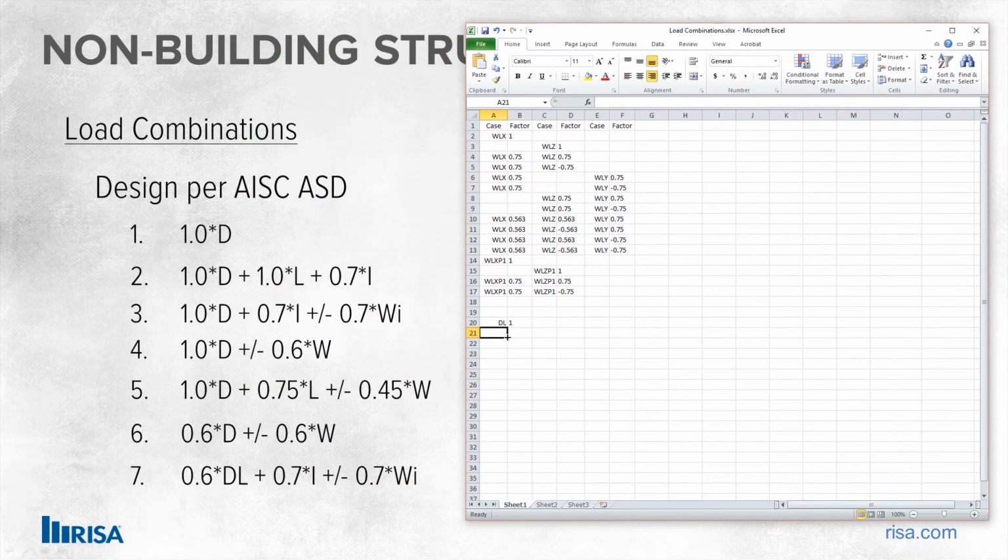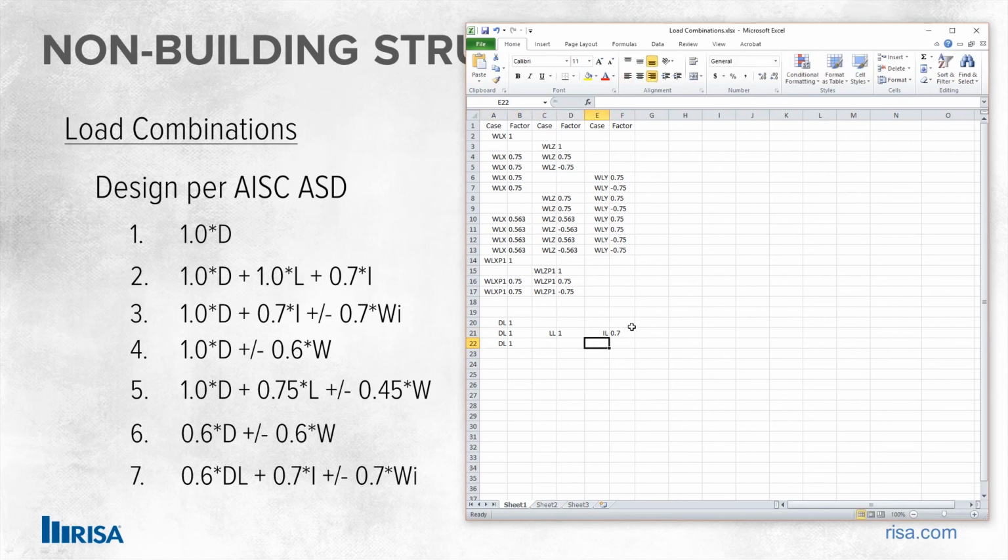Some folks would use the LC generator in this case, but for me, it's not going to capture all these different torsional effects and ice effects that are in there. We don't have that built in and automated. This is where sometimes you need to be able to take the load combinations by the reins and get in and work with them. So here we have dead and live, and we have ice load with 0.7, and then dead,